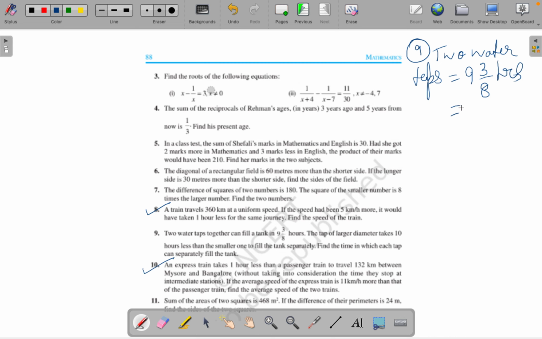So I can convert it into a fraction by 9 into 8, that is 72, plus 3 by 8. So this is 75 by 8 hours, right? So can I say if 2 taps are filling the total tank in this time, so in 1 hour,